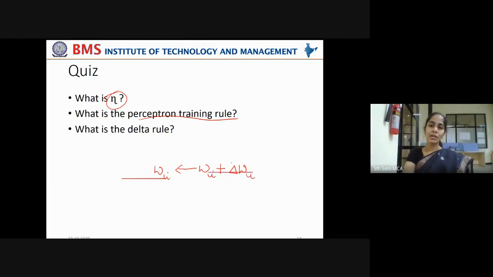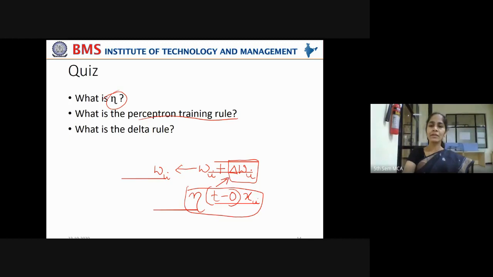Delta Wi, the change that has to be made to the weight. Now, how is delta Wi calculated? Eta, the learning rate, multiplied by the training example's outcome minus the prediction outcome, the difference between those, multiplied by xi. That will give you this delta Wi, the change that has to be made to the old weight, in order to get the new weight.